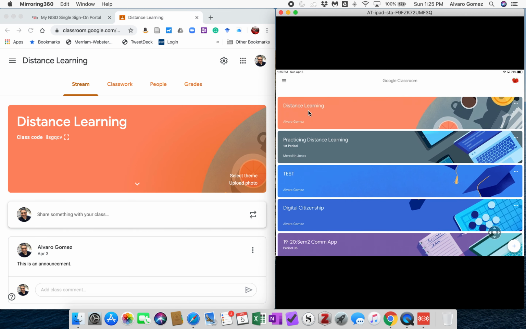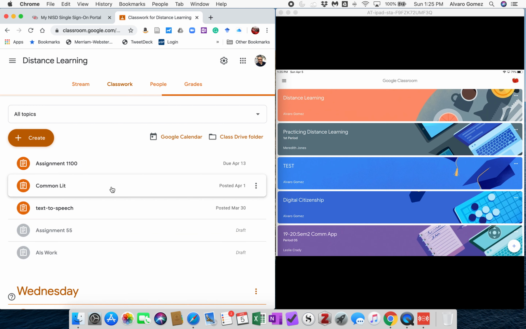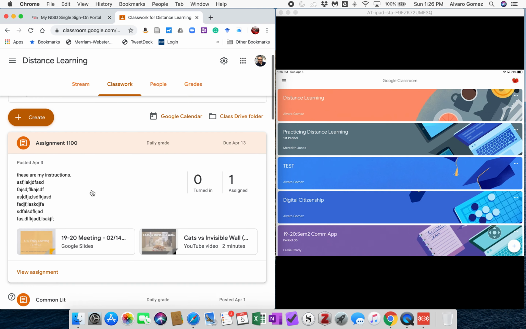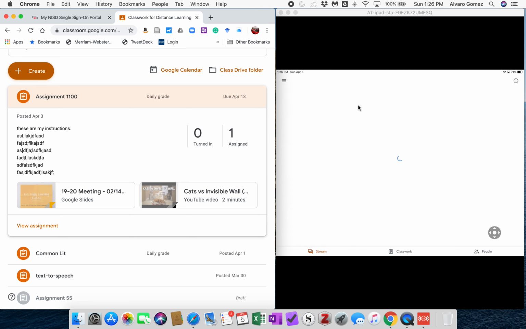So student's class, and this is the teacher teaching the class. Okay, so now if I posted an assignment, let me see if I have an assignment actually already posted. Okay, so let's say this assignment right here, assignment 1100. Let's say, this is just an example. My directions had asked the kids to take a picture of something or maybe create a video and then upload it. So then what the student does on their end, they'll go into their classroom,